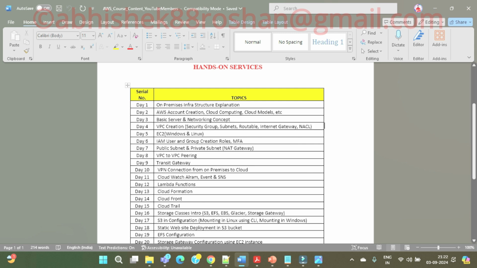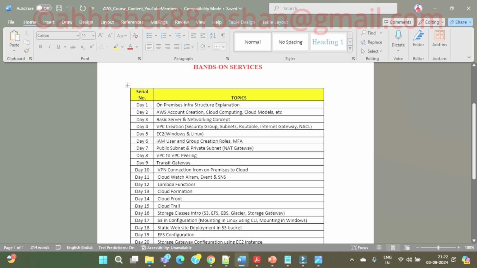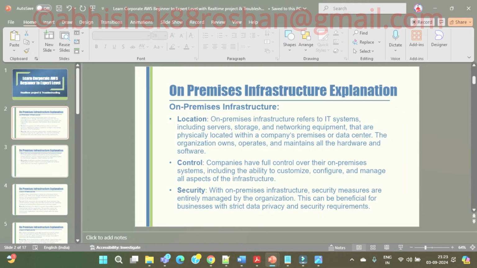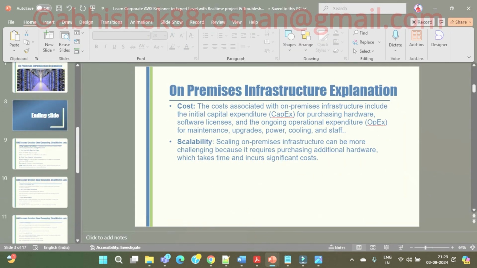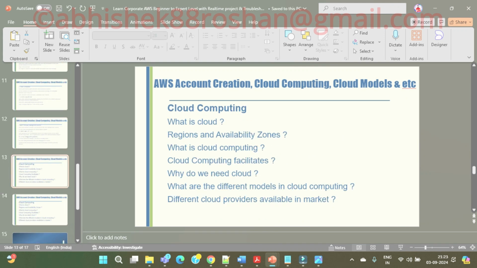The next topic will be AWS account creation, where you'll go through step by step how you can create your account. And cloud computing, these are the basic things. Let me show you over here. Under cloud computing, you will come to know what is cloud, what is a region, and an availability zone.